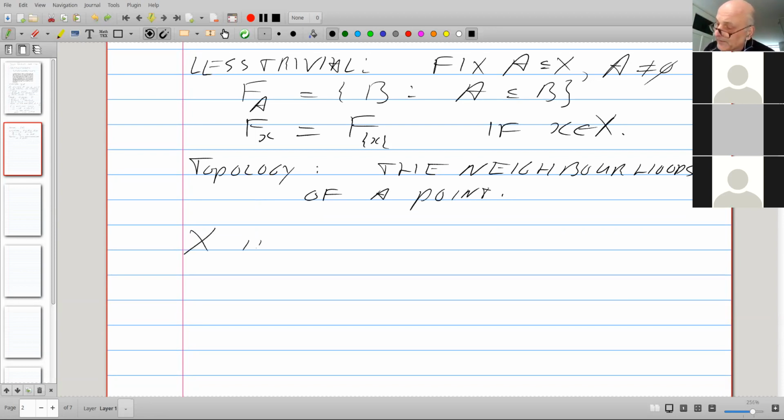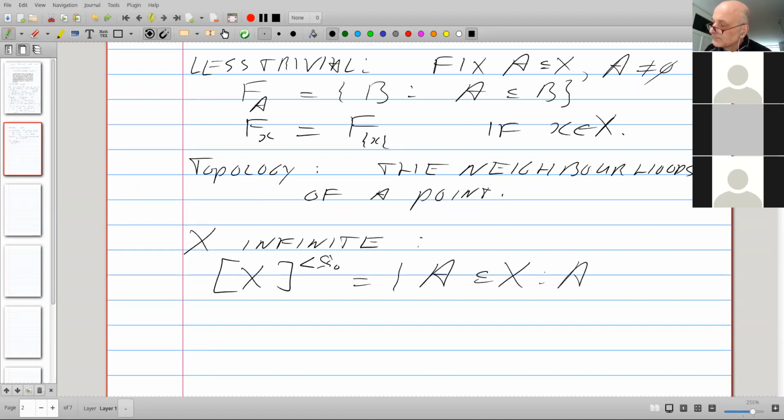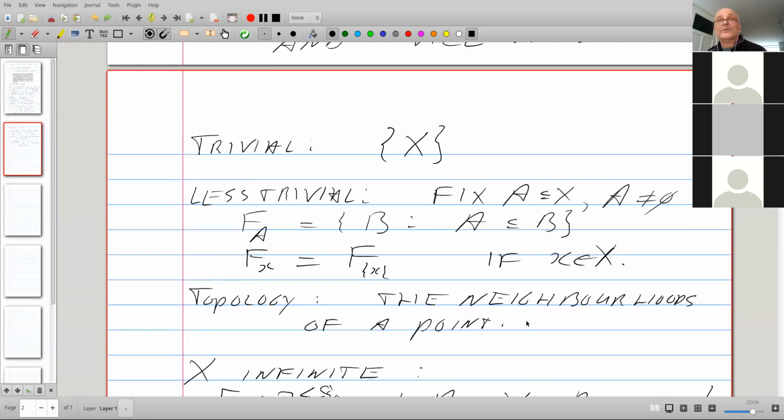If X is infinite, then there is an ideal on X that is pretty obvious. You take all the finite subsets of X. That forms an ideal. So if you go back to the previous page, and okay, for those who want to see it,